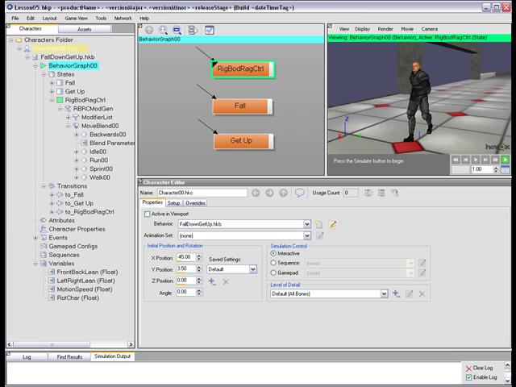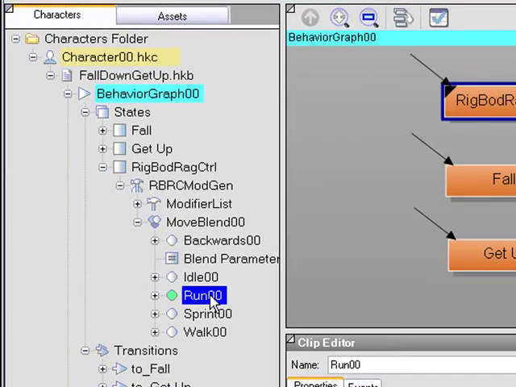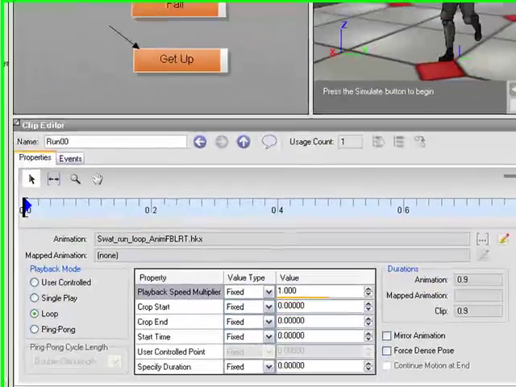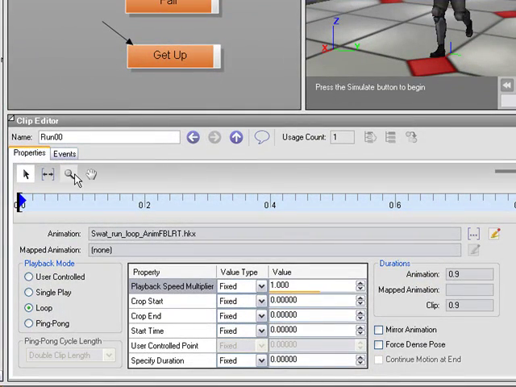In this video, we're going to have a look at the clip editor. You bring up the clip editor by selecting a clip node, and in this video we'll look at the Properties tab. In a separate video we'll look at the Events tab. So first of all, what is a clip node? It's essentially a container for an animation that lets you do additional editing and settings for how that animation plays